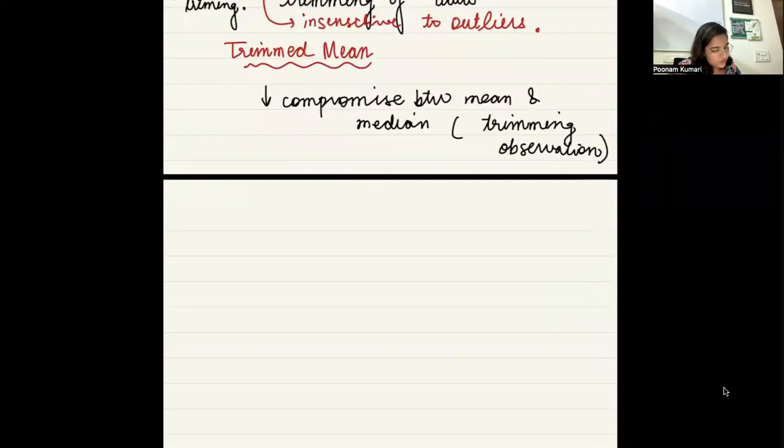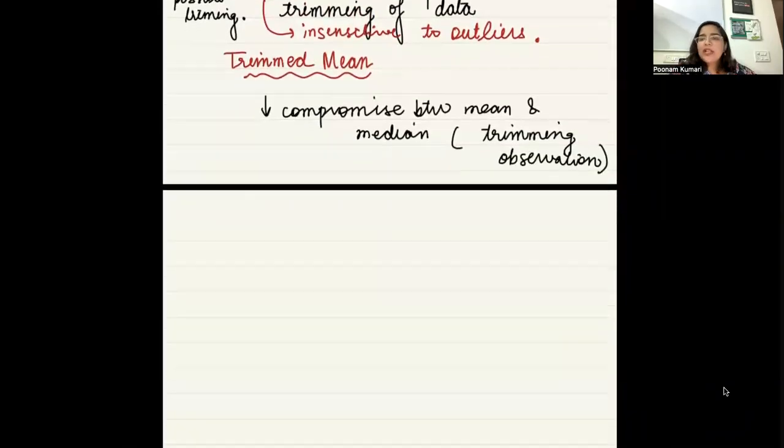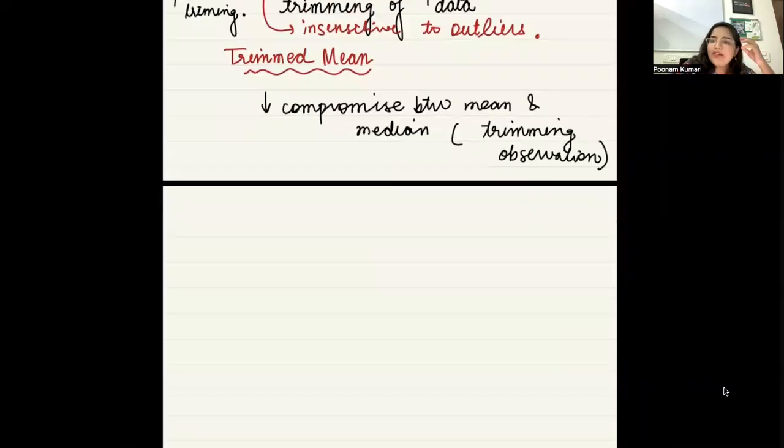Ma'am, what does middle ground mean? Middle ground matlab ki maan lo, you are having an argument with your friend. He's saying that we will go to